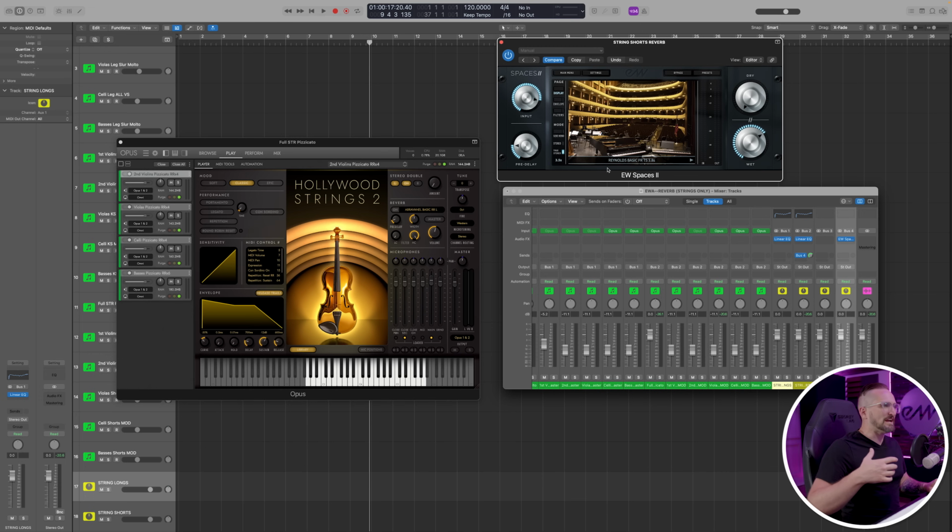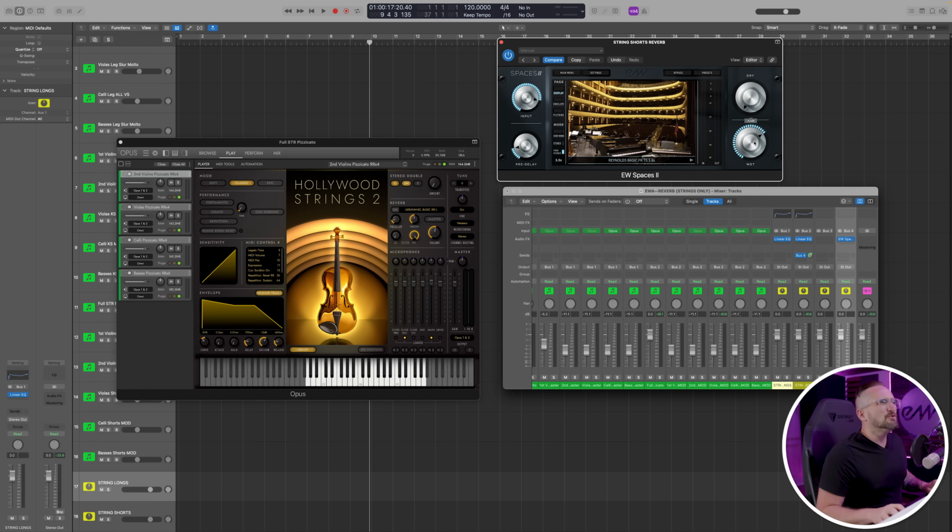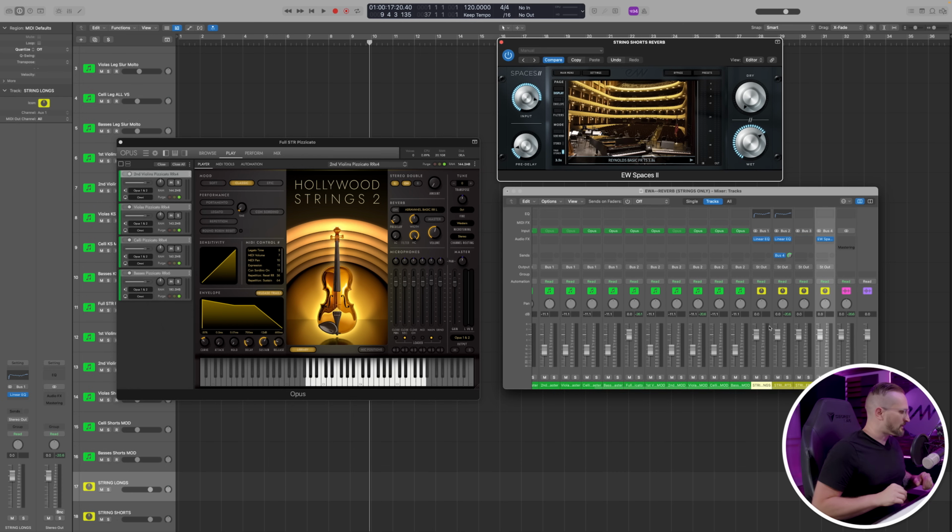So let's go ahead and check out the Reynolds Hall, and we're going to set the pre-delay to, let's say, around 25 milliseconds. I generally like to keep pre-delay between 10 and 40 milliseconds for orchestral music. And then I usually also just set the wet to -6 dB. That's just a workflow thing for me. You don't have to do that. That's just the way that I like to do it. And let's go ahead and just hear what this sounds like real quick.